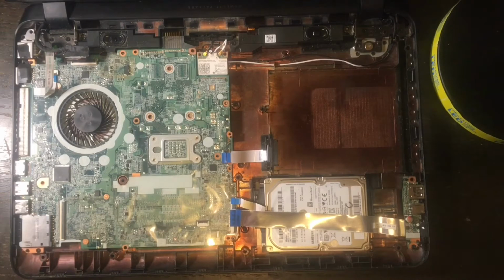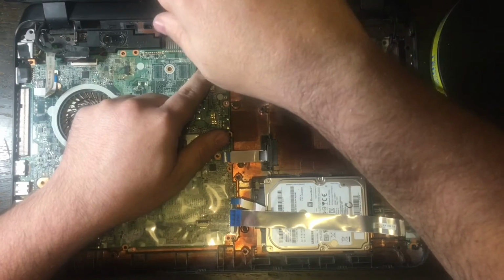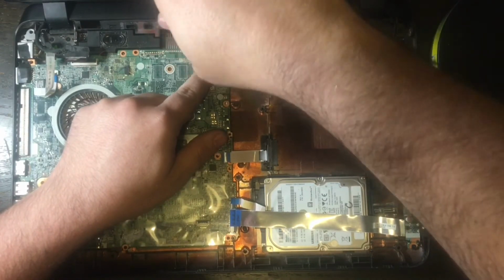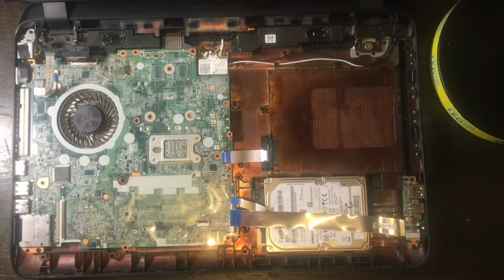Okay, now I'm getting ready to put the top screws back in. And this is, again, going to mount the main board. This is going to mount right here, the Wi-Fi card, back onto the motherboard. And once that is done,